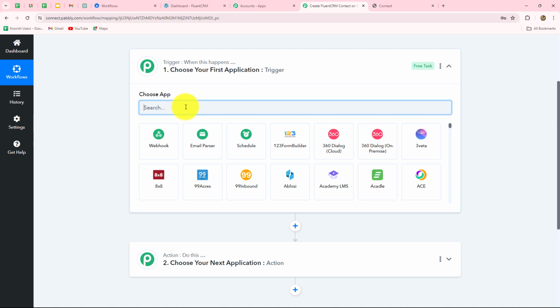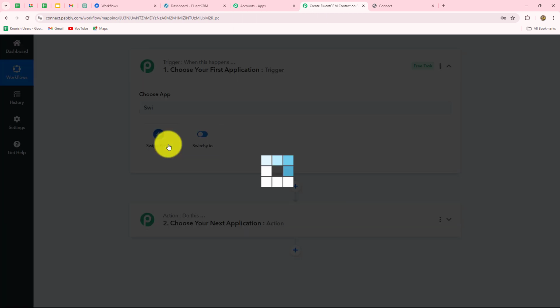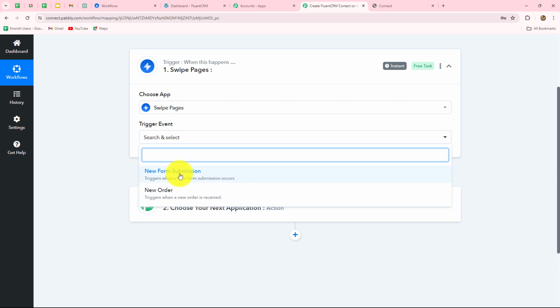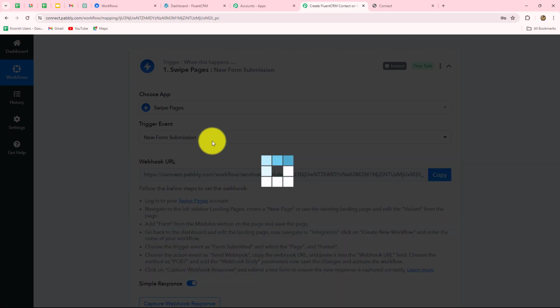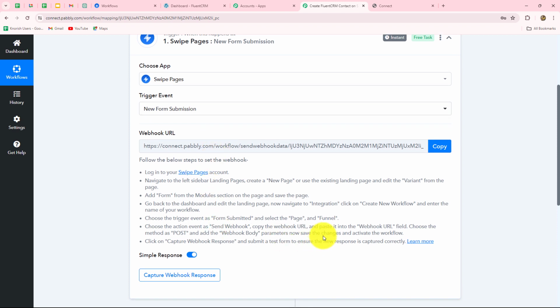First of all, we will select our trigger application, and that is Swipe Pages. So let's select that. Now we have to select the trigger event. The trigger event is the event on the happening of which the workflow is going to trigger or start. New form submission will be our trigger event over here, because we want that whenever the form is